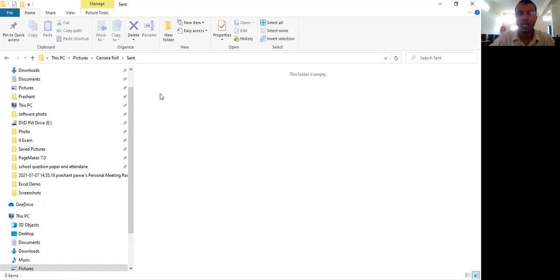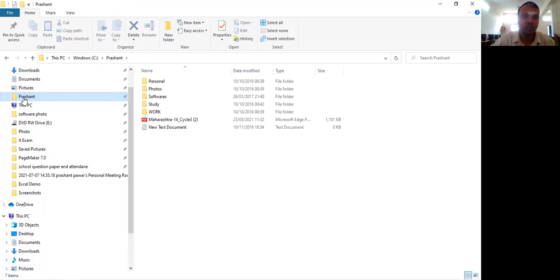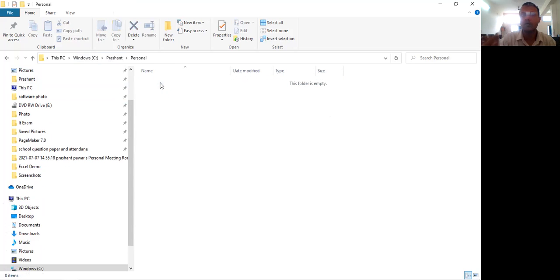Both resources are completely controlled by the operating system services. So this is the first function of operating system, resource management. Which are the two resources? One is a keyboard, one is a mouse. Here is the mouse function. Again, we can see it will open through the double click of the mouse. Again, I will press the enter button of the keyboard. You can see the personal folder is open. So this execution of the open command is because of resource management.